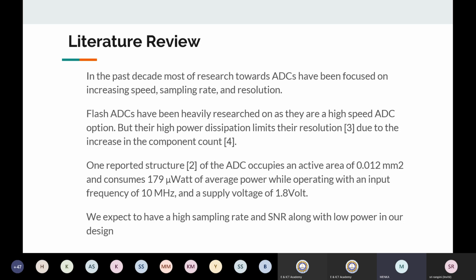Another parameter is that 10 megahertz was the operating frequency. So can you increase the frequency? Since we are working with i7 processors and so on, we need higher speed, right? So can you increase this? And there are some other non-idealities as well. So apart from non-idealities, we have to focus on these parameters also. Those were the performance metrics. And apart from this, there is something called sampling rate and SNR. Okay. So this is what the students have concentrated on.